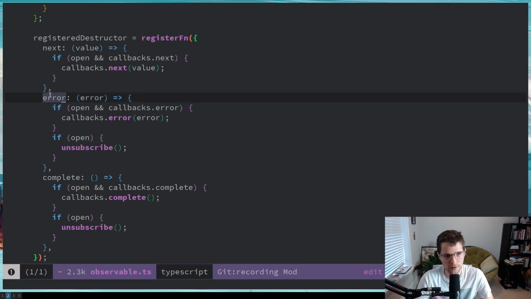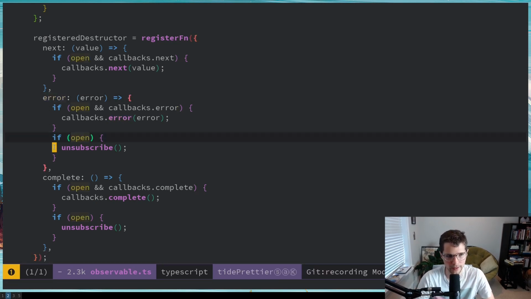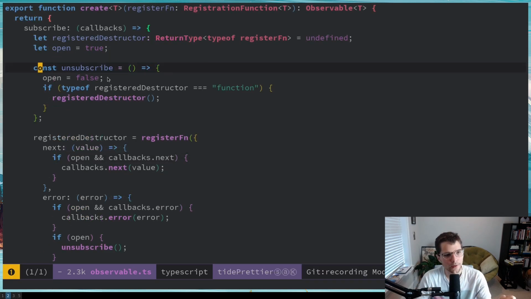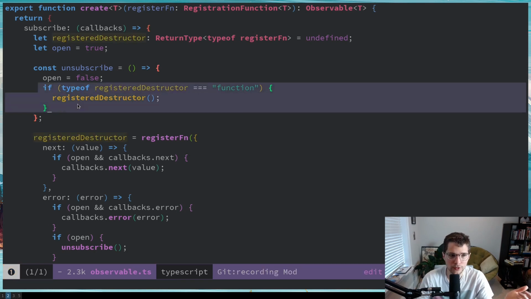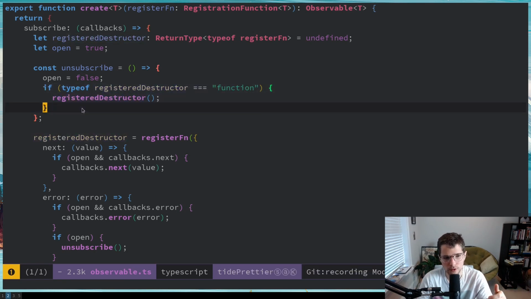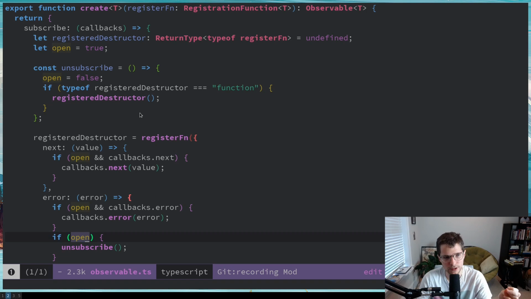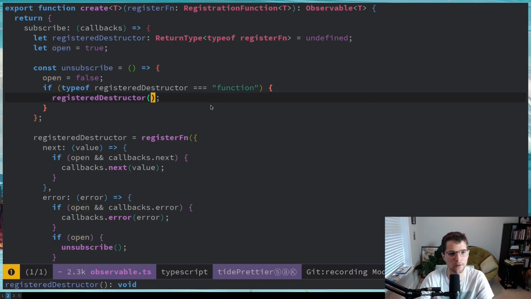And so both of these will, if they are open, call unsubscribe. There is one final thing here. Well, I guess there's two things. The first thing is we do also want to make sure that this register destructor is only called one time. We are probably safe from this by checking open every single time. But just to be safe, what I'm going to do here is